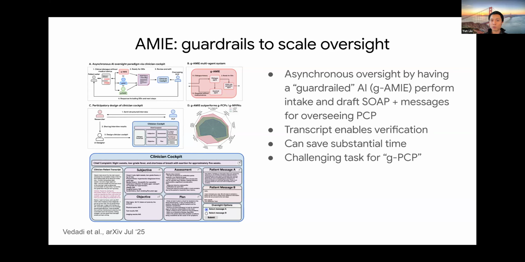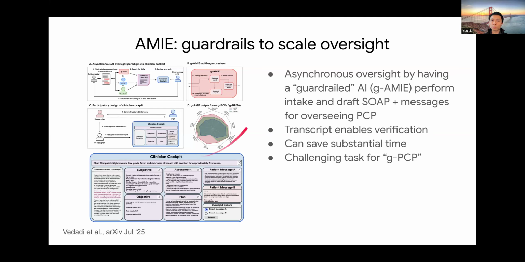If you think about where there might be risk, that risk may come in only when the AI is providing information back to the patient, and some of the information may be wrong. So if you think about that as a phase system, where information collection is fairly low risk and information provision potentially may have higher risk, you can think about, can we guardrail the system to do just the first step, but then have human oversight over the second step?